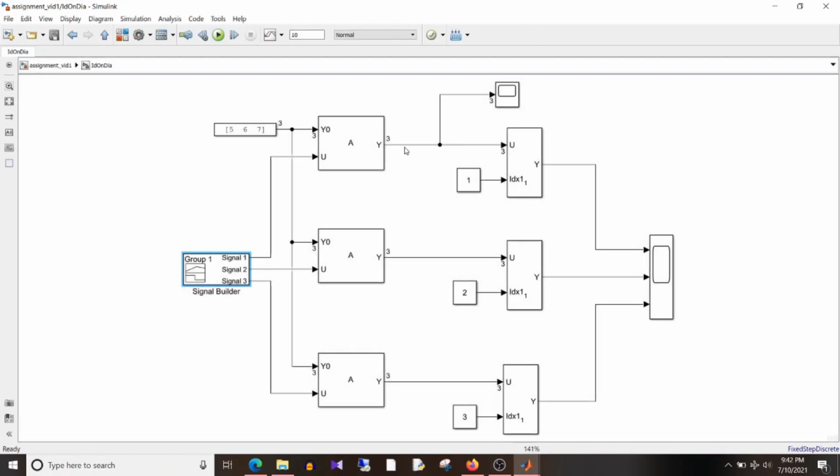And we will observe the output of the first assignment block, where we are expecting that the first element of the output will be varying from 0 to 100, and the second and third elements will have values 6 and 7 respectively, as we chose only one index value through this block. So I'll open the scope,